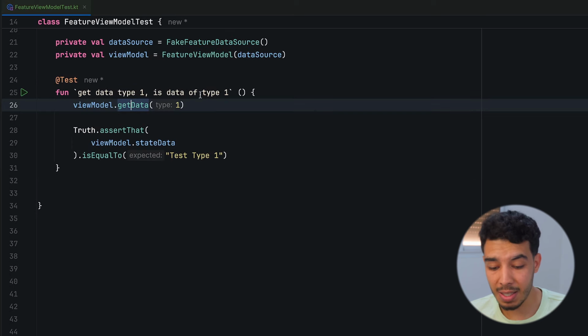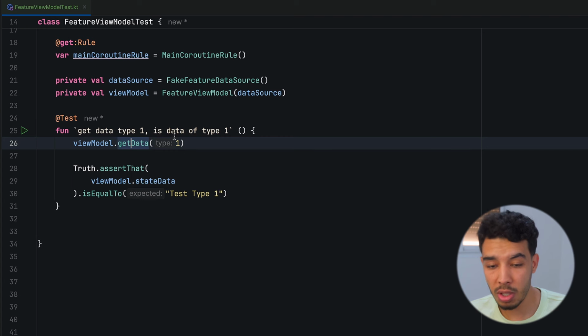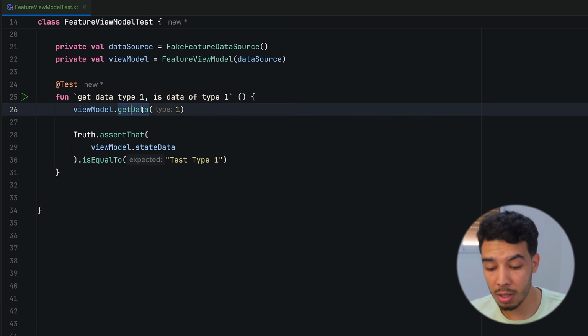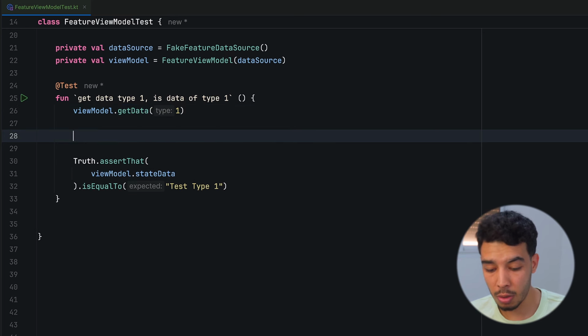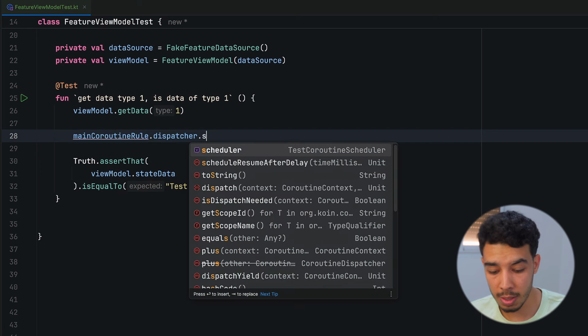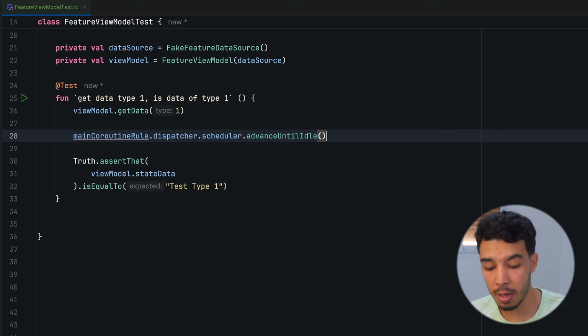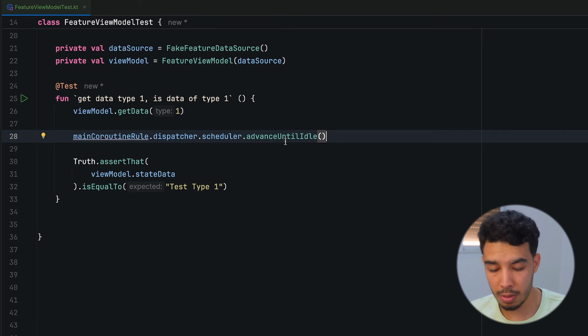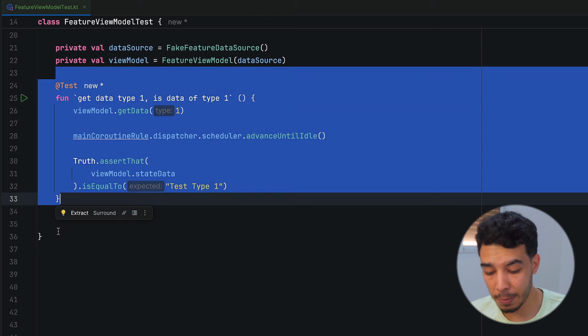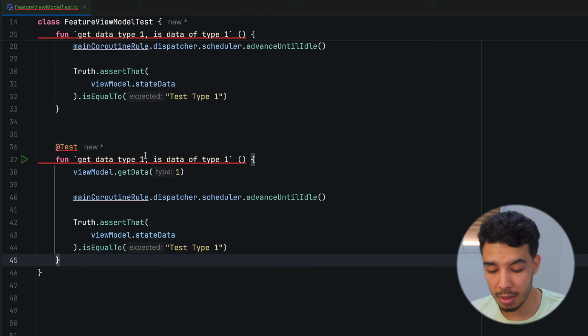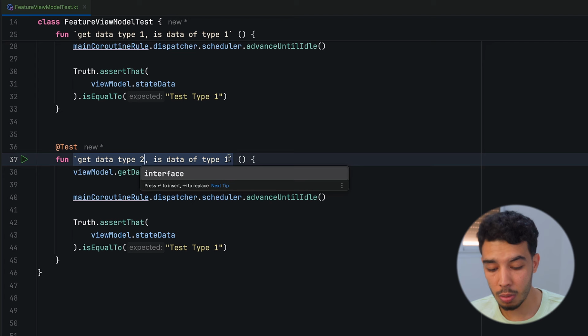And to fix that, that's why we have this main coroutine rule, that we pause the execution of our test until all the other tasks are executed, which is in this case the view model one. So we want to use our mainCoroutineRule.dispatcher.scheduler.advanceUntilIdle. So until everything is good, then we can assert, and we can just copy this and paste it. Now we're trying to get data type 2,